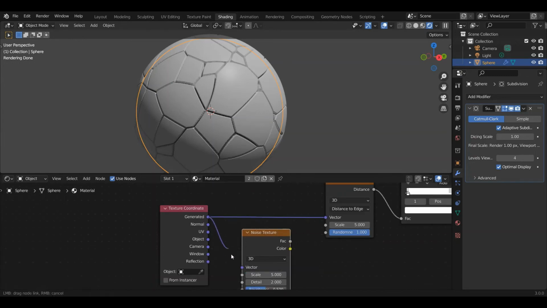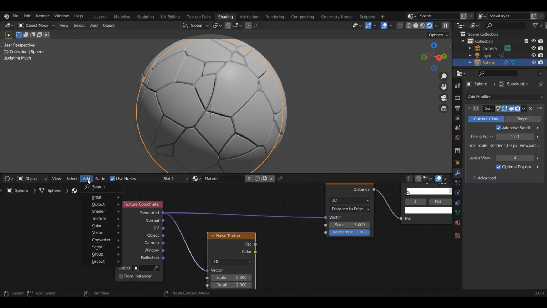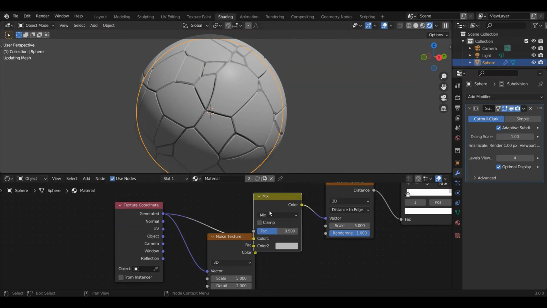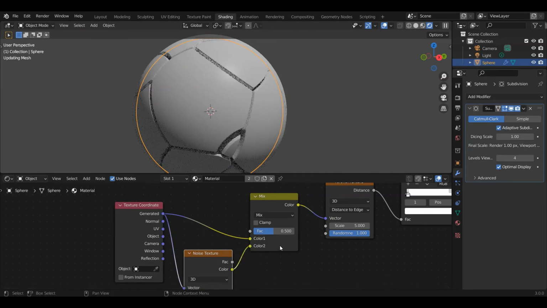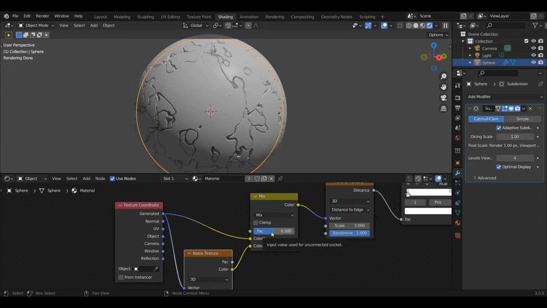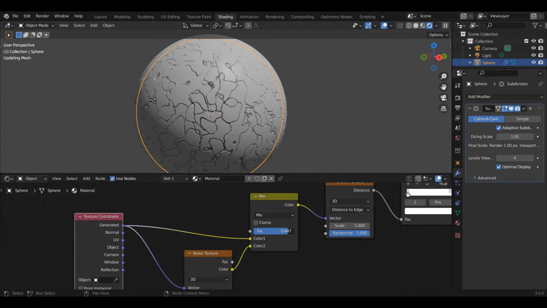So what we're going to do is plug this in to our nice gentle noise, and then we're going to do add color, mix RGB, and we're going to plug in the coordinate system into one, and we're going to plug the random noise into the other. Now, what's going to happen is, if we go all the way in this direction, what we get is completely just the random noise as our coordinate system, which just makes these loop-de-loops. But if we go this way,